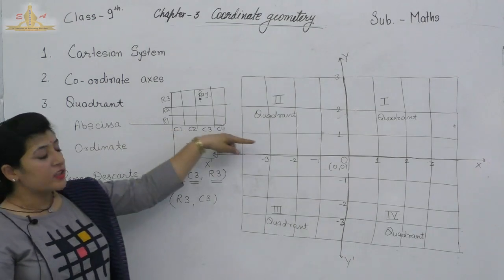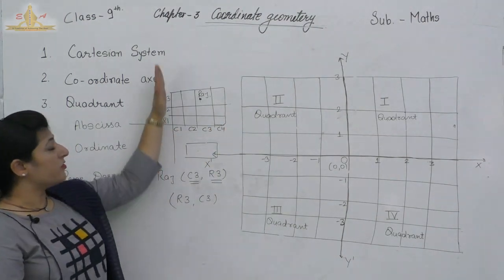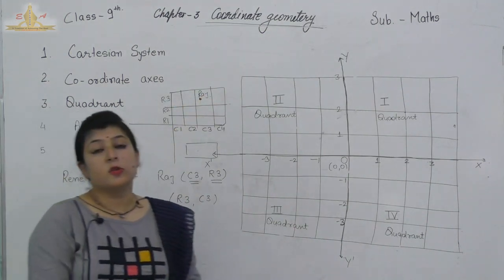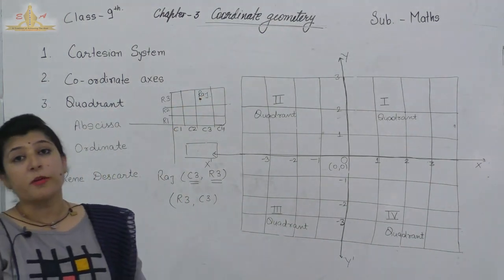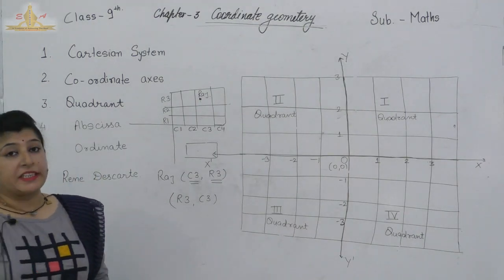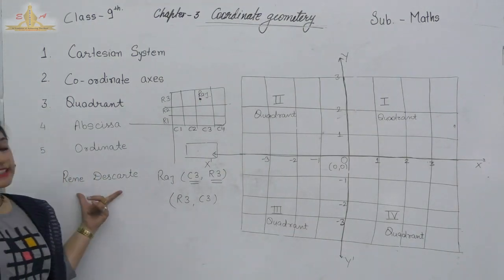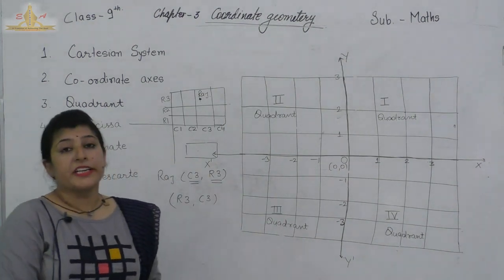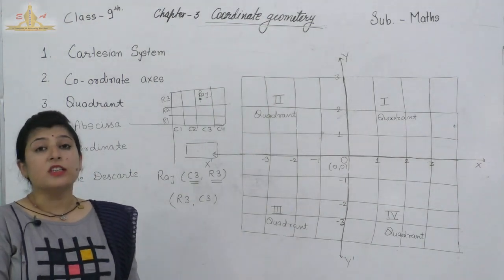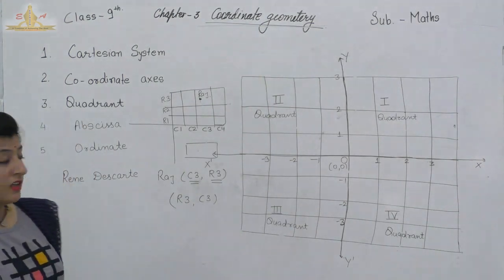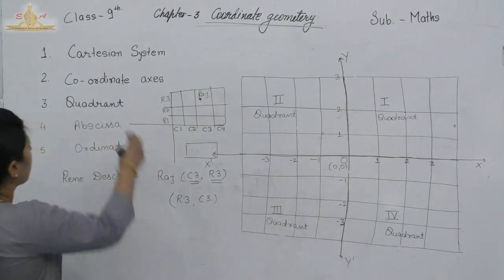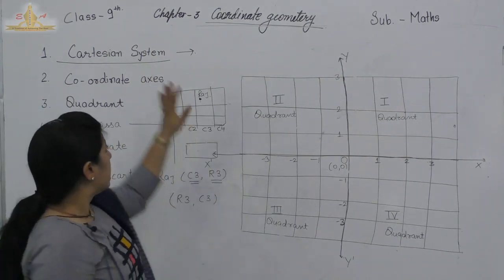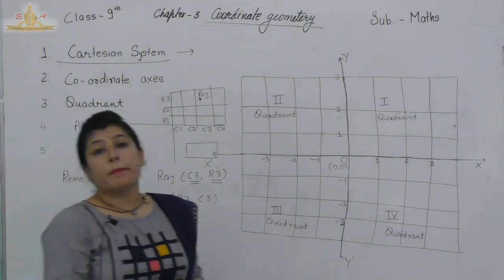Firstly we will move on this axis and then after we move in the forward direction. So there is a need to find the location of a point. Coordinate geometry. One French philosopher, René Descartes, described this idea of coordinate geometry. He takes 2 perpendicular axes. Now see the Cartesian plane. What is the Cartesian system? This system is described by 2 perpendicular axes.